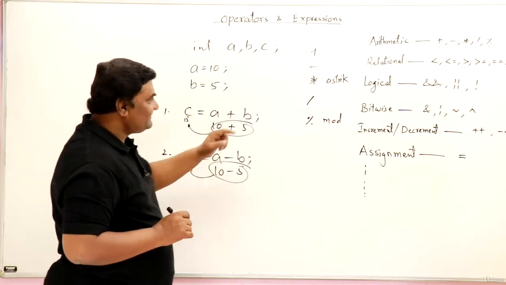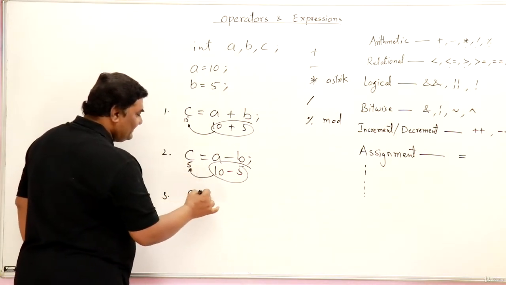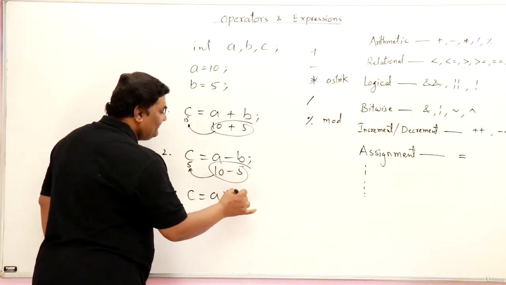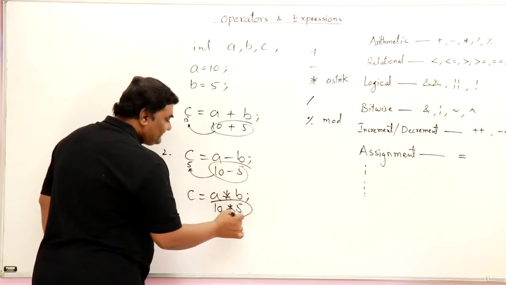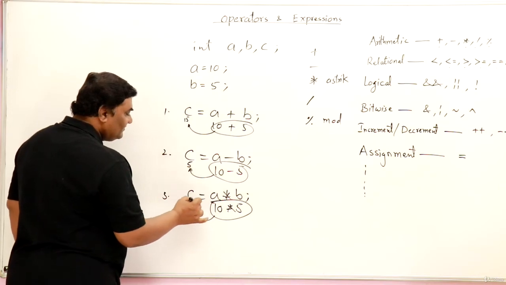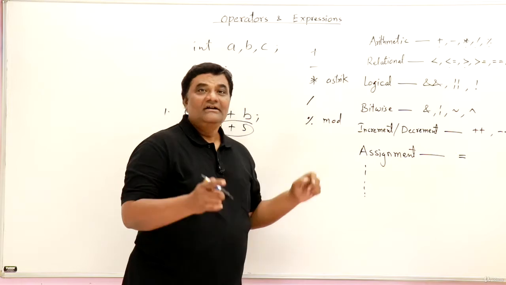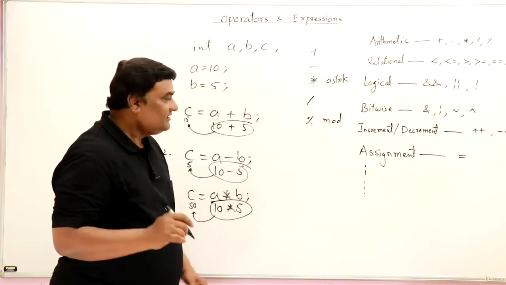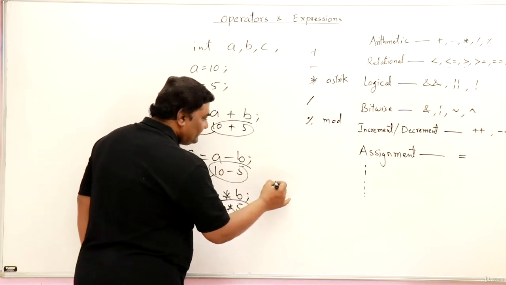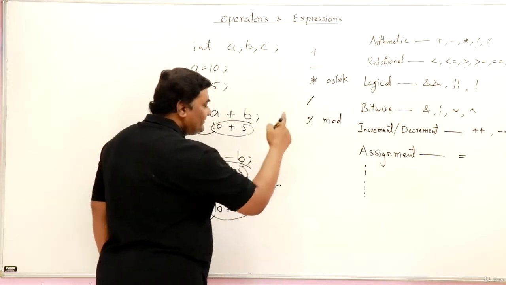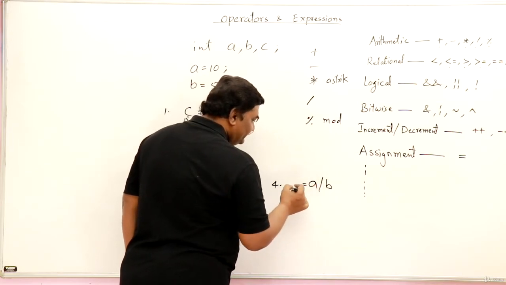Then let us look at the next, that is multiplication. Third one, if I write C assign A multiplied by B, then this is 10 into 5. The result is 50, which is stored in this one. Now the other two we have to see. These are important, that is divide and mod. Let me show you the first one, divide. As per this order, this is the fourth one. So if I say A divided by B and the result is in C.